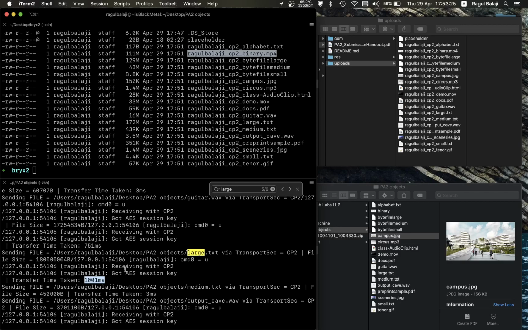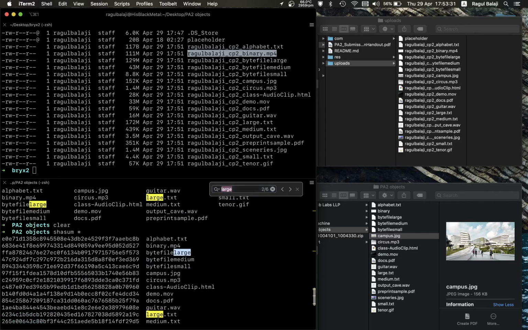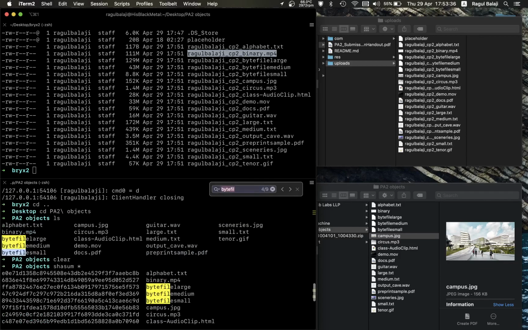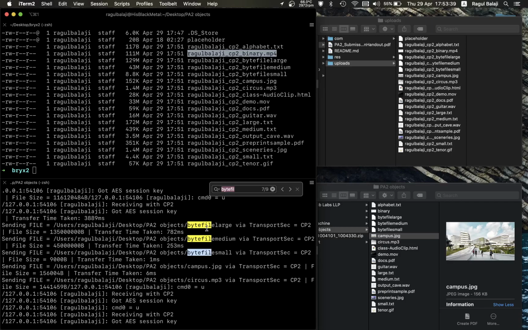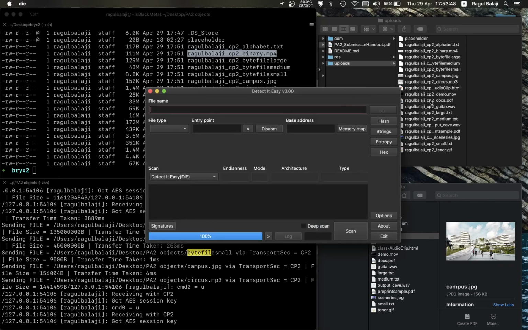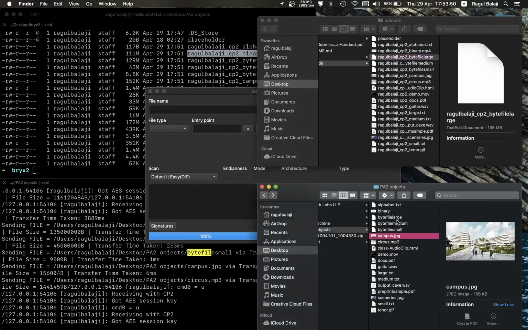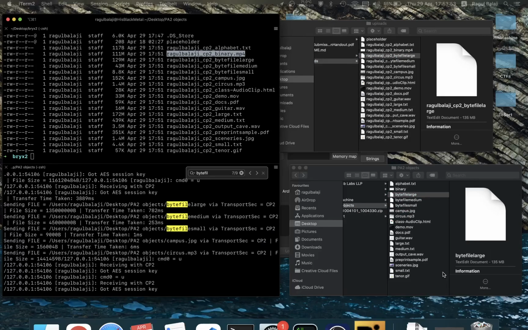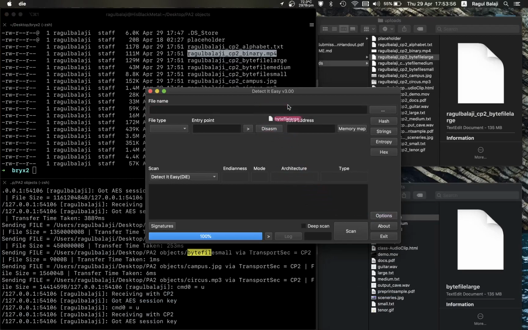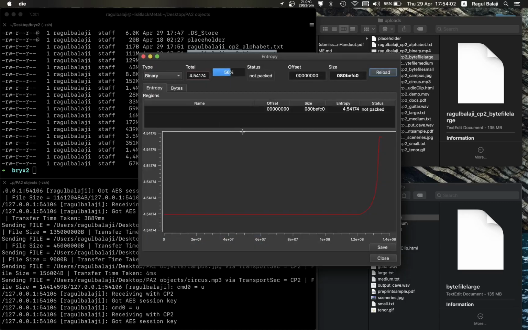I think this benefited a lot from the inline compression, and I think it'll be the same for, let's say, the byte file. If we search for byte file large, it only took 782 milliseconds, which means it probably has really low entropy. We can verify that by using an entropy checker. So we can see this byte file large, which is the big boy, 135 megs. I will drop it over here, scan it, and let's look at the entropy. Yeah, it looks pretty low,